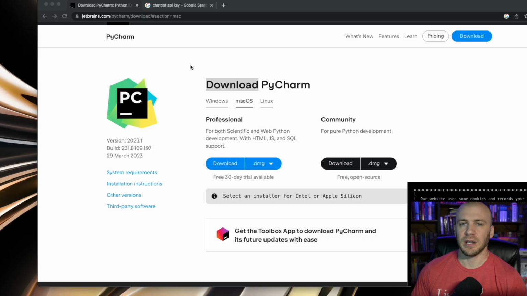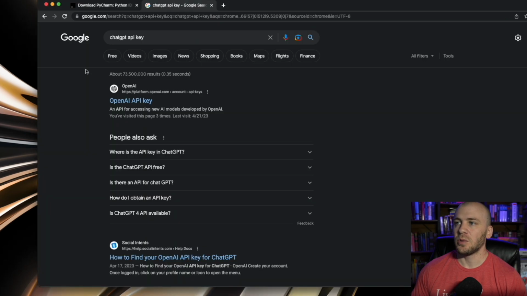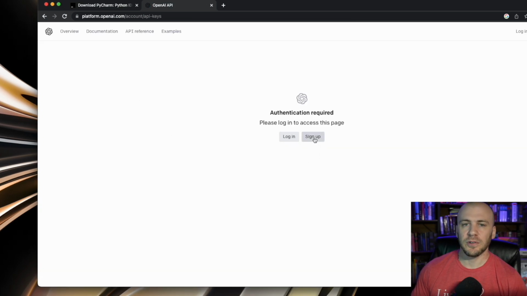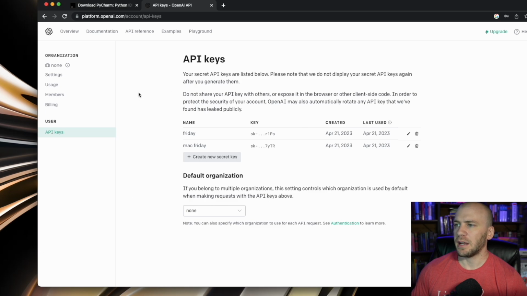We're going to need to get an API key from ChatGPT or OpenAI. So what you can do is just come over here and say ChatGPT API key, and you'll be brought to this one right here, the one that says platform.openai.com. So you can click on this. You will need to sign up if you do not have an account yet, and I already have an account, so I'm going to go ahead and log in, and I'll bring you back at the main homepage. And once you're logged in, I'm not really sure what page you're going to be brought to.